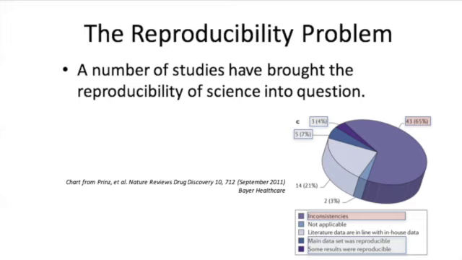So anyway, the reproducibility problem is not just a genetics thing or just a neuroimaging thing. It pervades lots of science, and this is just one little example from the more basic science, drug trial literature from Bayer Healthcare.